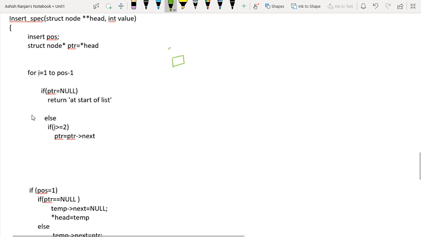Initially, three cases may arise. When start is equal to null, it is obvious that you can only store the element at the first position, because pos in that case will be 1 and start is equal to null. Second scenario, when the list has only one node, then you can store the element at two positions: first pos is equal to 1 and pos is equal to 2.